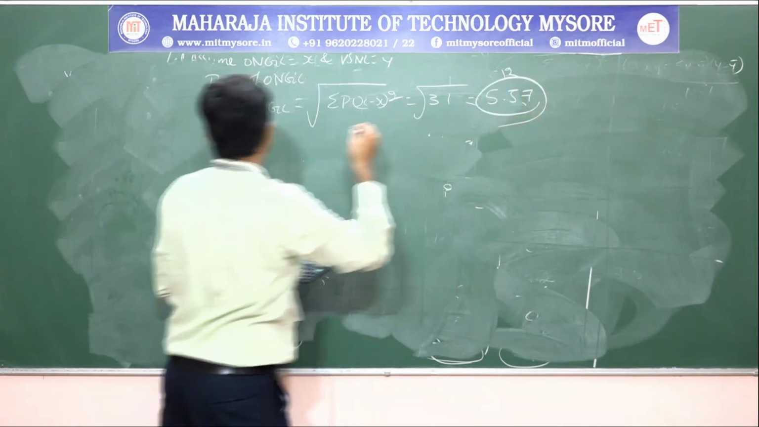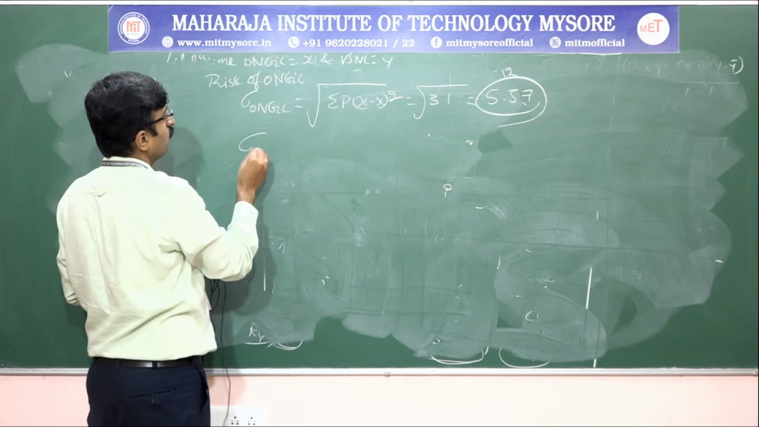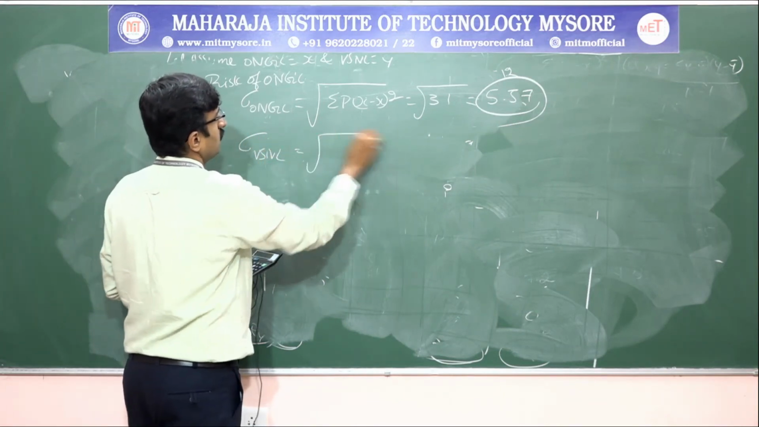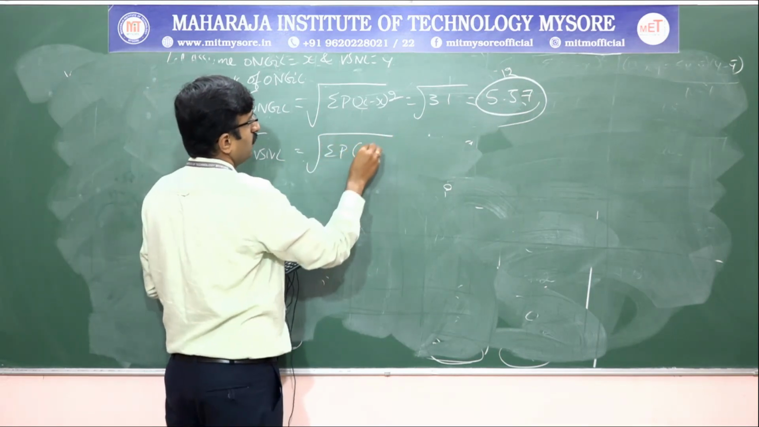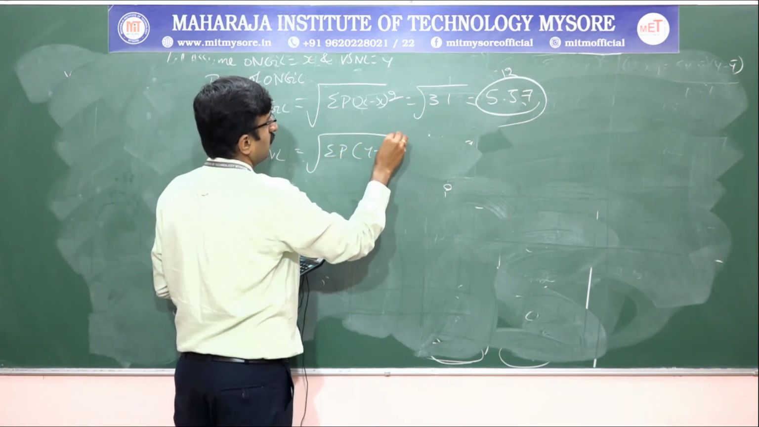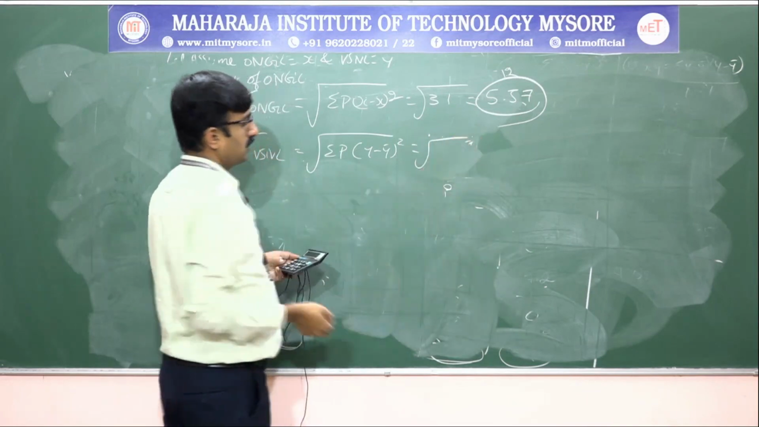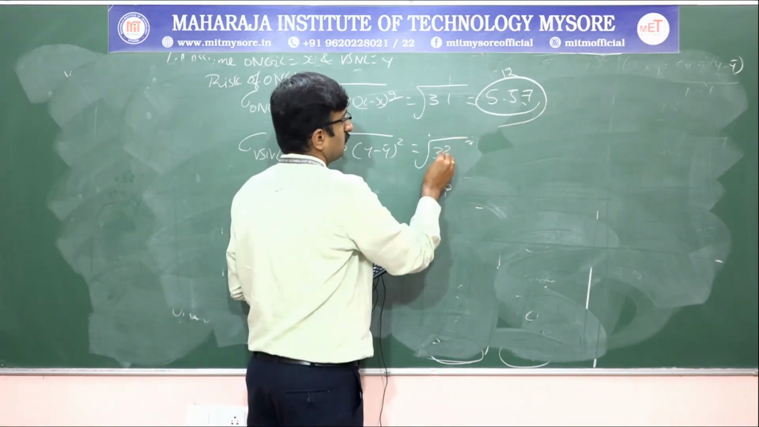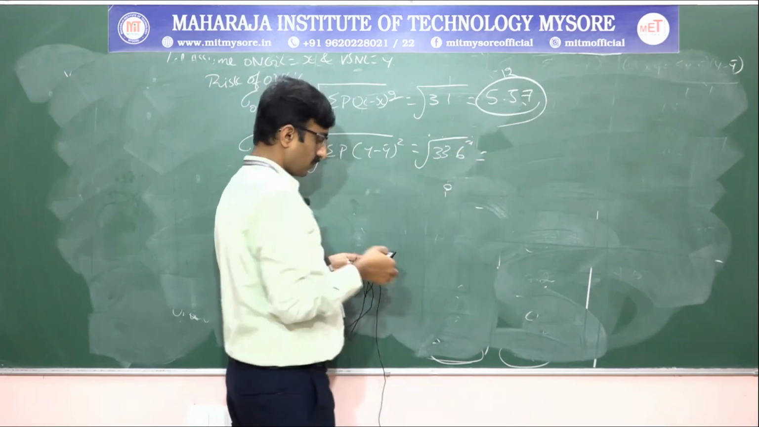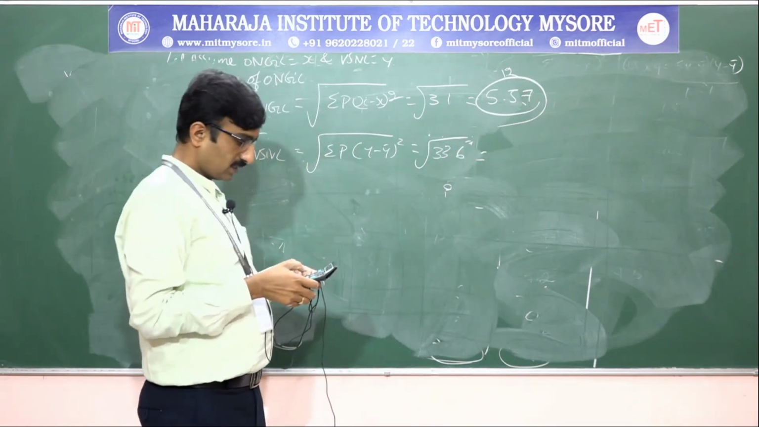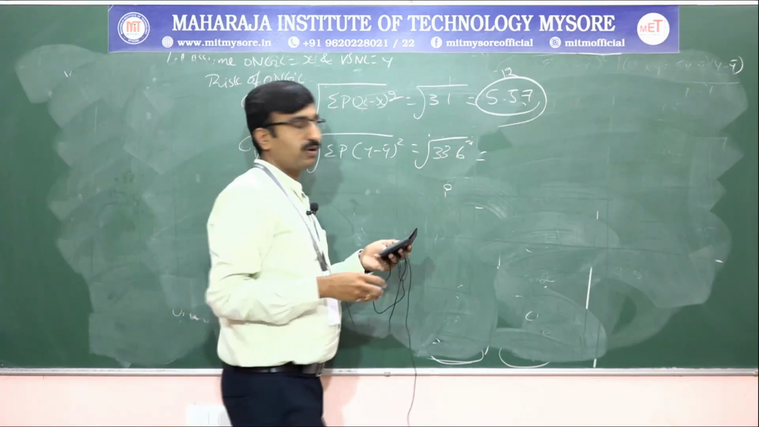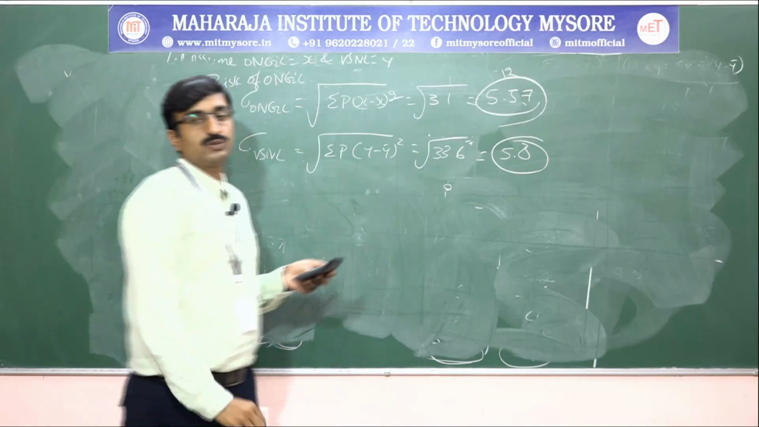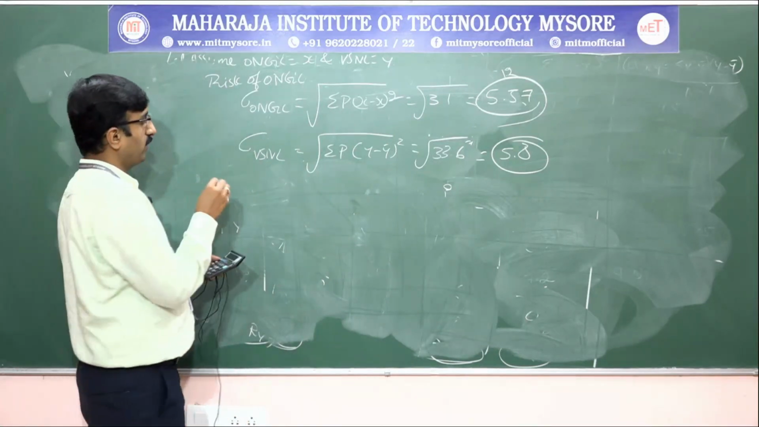This is for ONGC. Standard deviation of VSNL is equal to the root of sigma P Y into Y minus Y bar whole square. So, how much had you calculated? It is 33.6. Root of 33.6 is 5.8 approximately, you will get it. This is individual risk calculation. So, then you find out